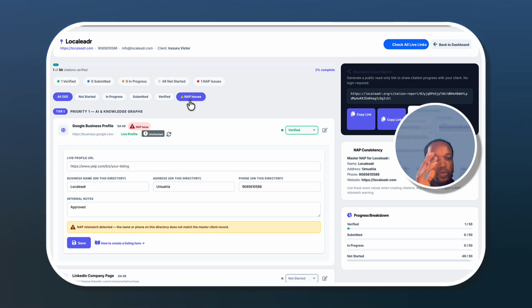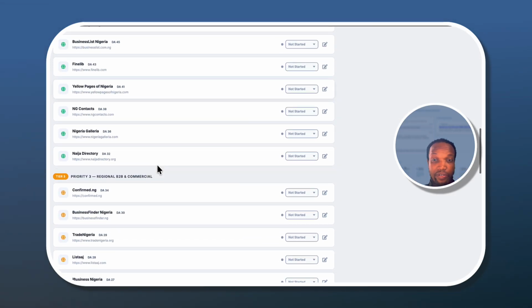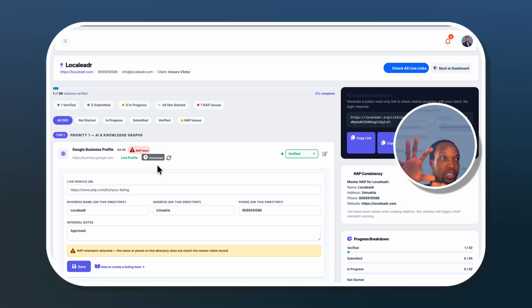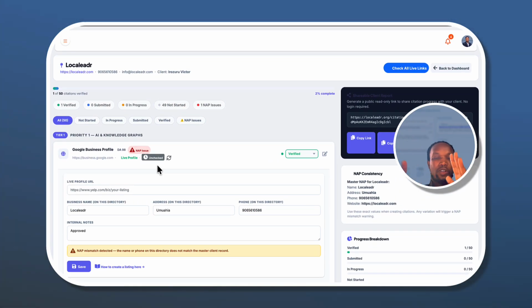It's very, very simple. Name, address, phone number. In the local SEO mastery course, we broke down these things. Name, address, phone number. These are the key thing that triggers location search queries and location search results. Now, what you want to do is make sure that all the profiles you're going to be listing across, we have over 50, and we're still going to be adding some more. We're going to be adding more US based and UK based,